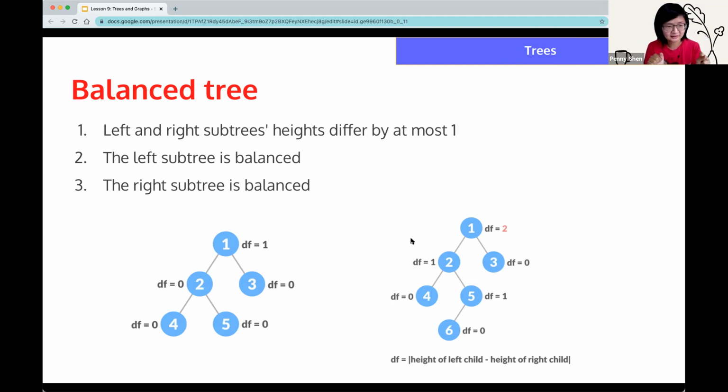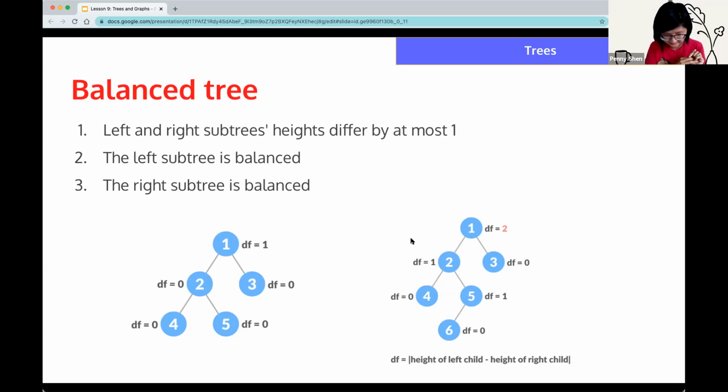How you would look at it in the actual tree is you look at the base case of the recursion, which is at the very end of the tree. If you look at 6, it doesn't have any subtrees, so the difference is 0. 5 has a left height of 1 and a right height of 0, so it has a difference of 1, which is okay because it needs to differ by at most 1. I'm looking at the right one, by the way. If you keep going, it all checks out up until the root node, where the maximum height of the left subtree is 3, depending on how you count it, and the right is 1. So the difference is actually 2, which violates the condition.